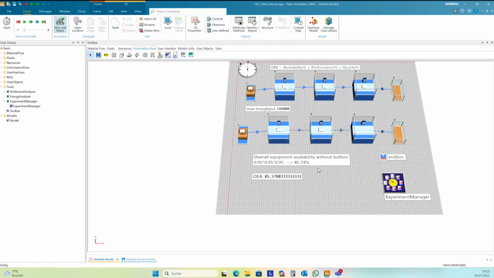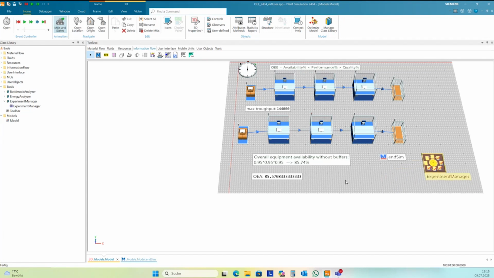Another way would be to increase the simulation time, but then we need to calculate the max throughput here. And so you also get more random events and a better representation of this key value. If you have too short simulation times, then you get a completely different value, and then it's a clear sign that you need to increase your simulation time. So you need to be careful here.